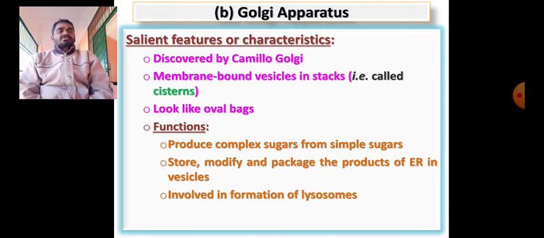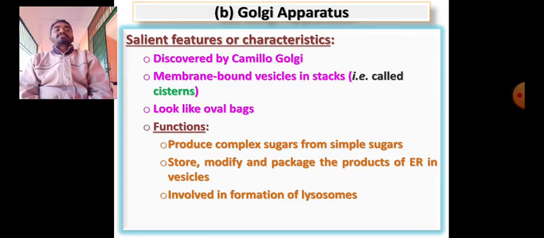And then these are also similar to that of endoplasmic reticulum, membrane bound structures, but these membrane bound structures are in the form of pouches, bags. So these pouches or bags have another name, cisterns. You needless to memorize this, but just to know it. Knowledge is power. Let us learn more and more, and that is why this information is given to you. So they are oval shaped bags. These bags are called cisterns.